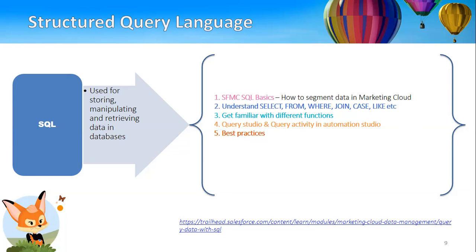When we talk about basics, the first thing that comes to mind, in the Marketing Cloud perspective, is select from where. These are the basic statements that you need to understand and how they function in Marketing Cloud. And all the insert and update statements that you see in other types of SQL will not work in Marketing Cloud. Everything should work with select itself. Select is the first statement in your SQL. So select, from, where, join, case, like are some of the basic things which you need to understand first.